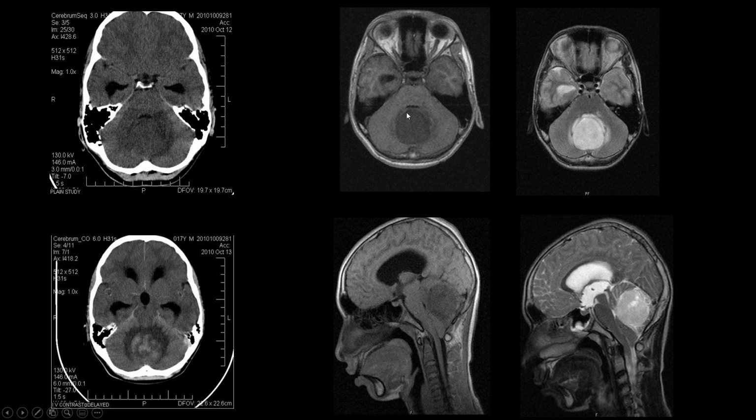Here you can see this is iso to hypointense on T1, posterior to the fourth ventricle. And here you can see this is the lesion, and this is the fourth ventricle, which is clearly draped around the hyperintense lesion in banana fashion. In the sagittal sections, this is the hyperintense lesion with a few cystic areas, which is causing anterior displacement of the brainstem, even tonsillar herniation, with supratentorial dilatation of the third ventricle. So this is the case of medulloblastoma.